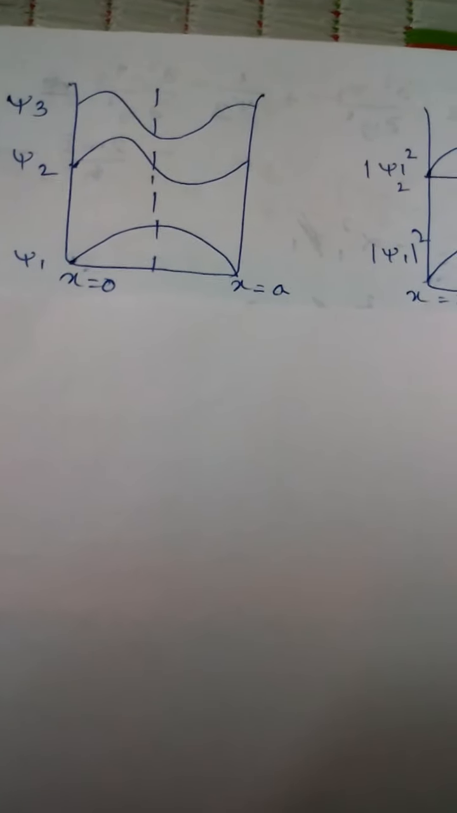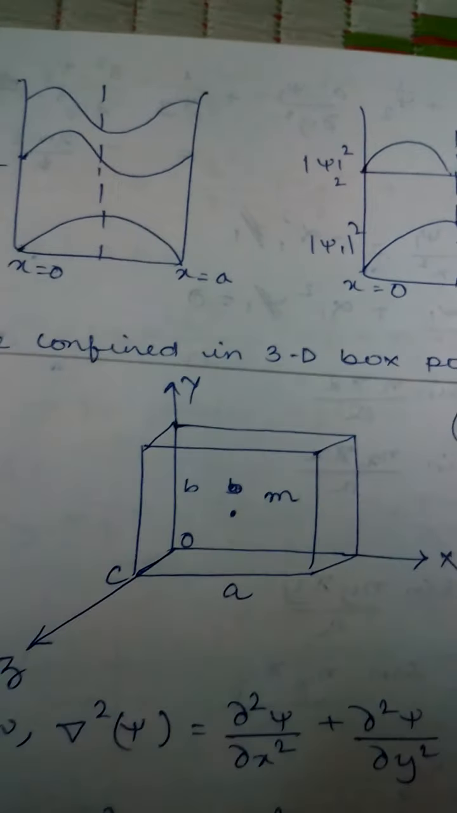So this is all about the nature of potential, the nature of wave function and probability density in the case of the one-dimensional box potential. And previously we have already discussed the nature of wave function and the energy eigenvalue of a particle confined in a one-dimensional box. So next we consider